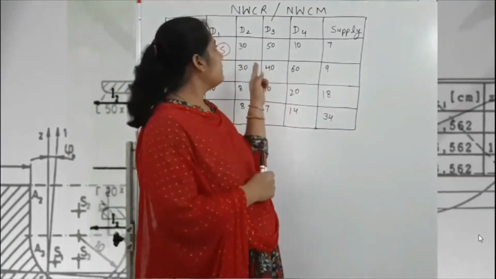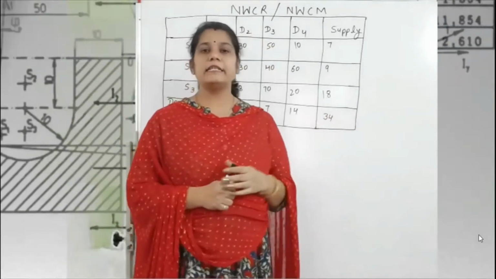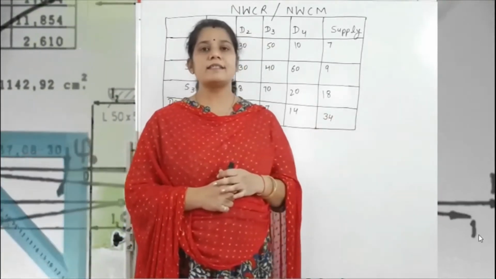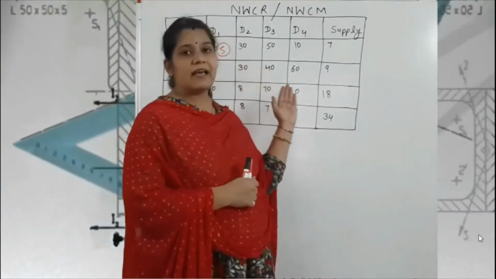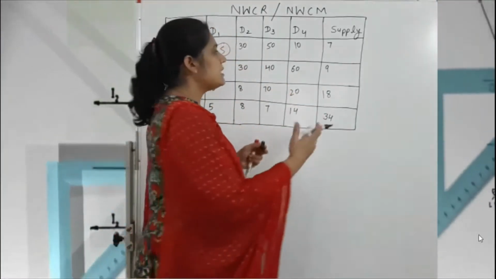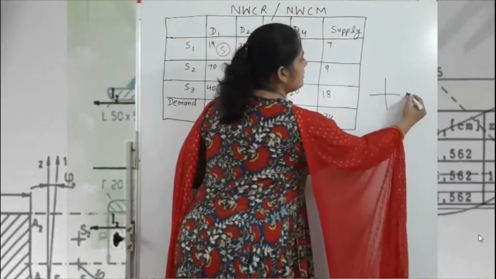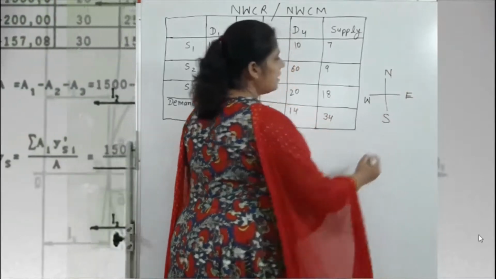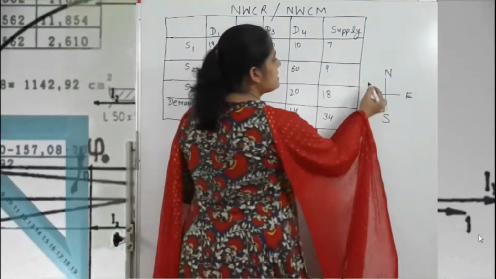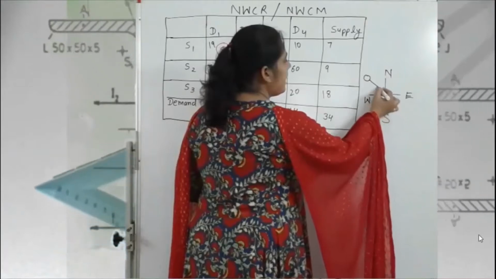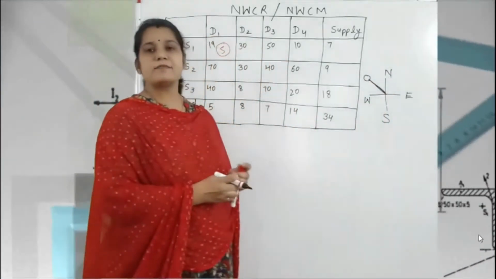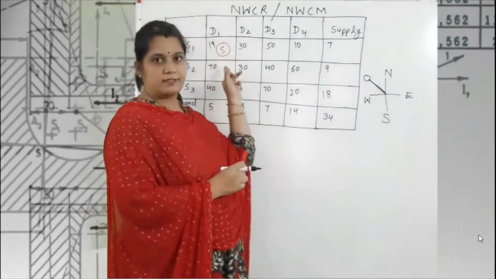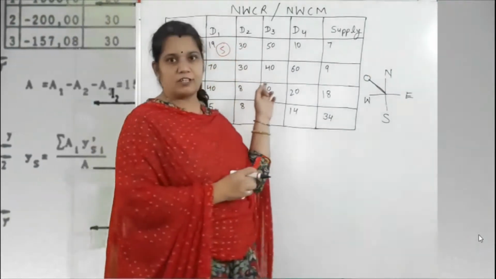The name northwest corner is given to this method because the basic variables are selected from the extreme left corner. That means, see here the directions are east, west, north and south. So this is the northwest corner, the extreme left corner. In this method, we start our question in this corner. Got it? This is the northwest corner rule.